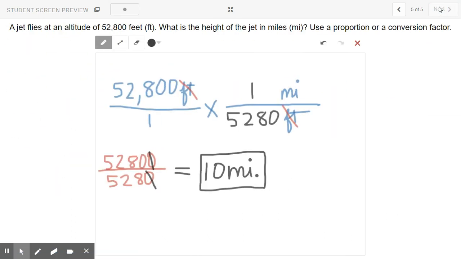And then the last one. A jet flies at an altitude of 52,800 feet. What's the height of the jet in miles? Use a proportion or a conversion factor. I'm going to use a conversion factor,